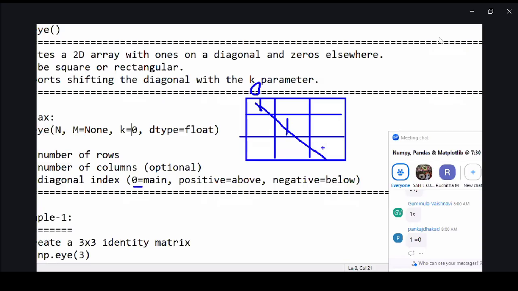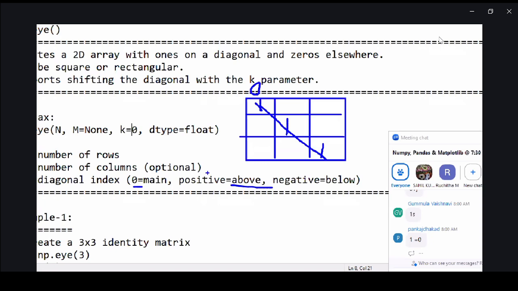This is 1, this is 1 and this is 1. The diagonal index can be either positive or negative. If the diagonal index is positive, then